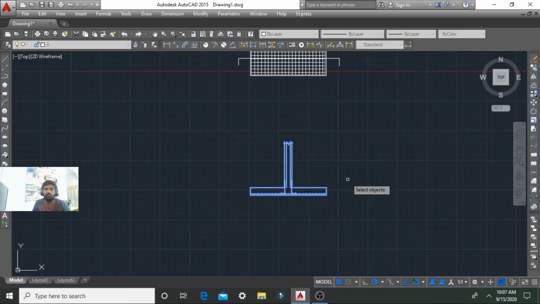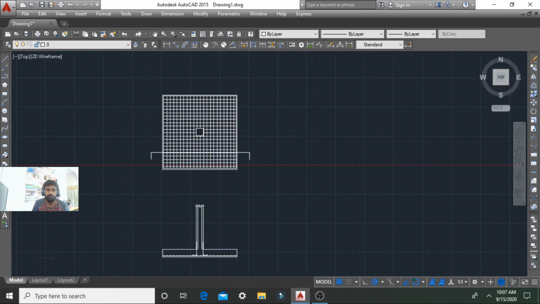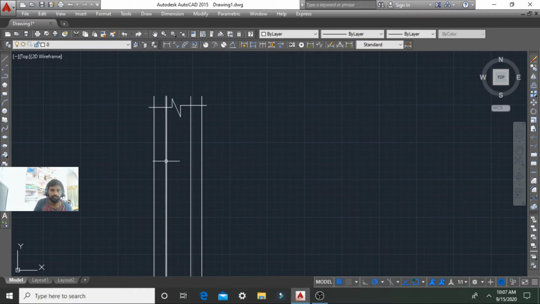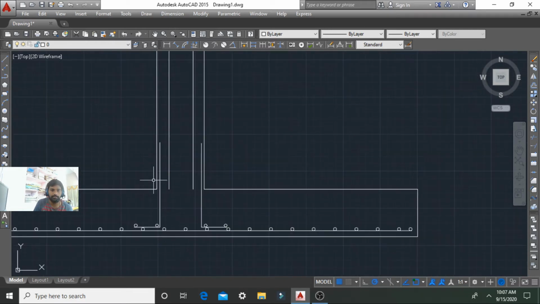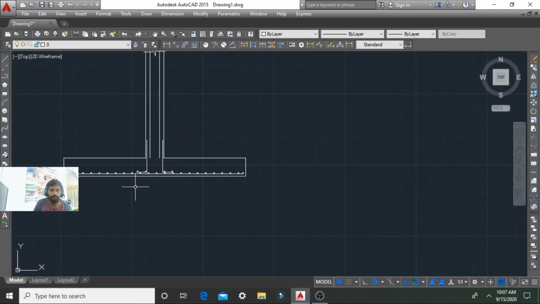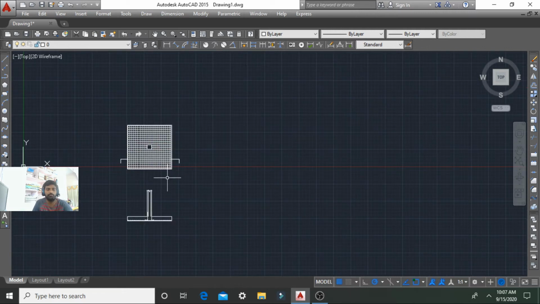So this is the section view of the isolated footing. This is about the isolated footing, and this is the difference from other footings. In this isolated footing, this is the column reinforcement, and this is the dowel. This column reinforcement dia is up to 20 mm, and this dowel reinforcement bar dia is 10 to 12 mm, and the reinforcement is arranged like this. So this is the difference compared with the other footing.